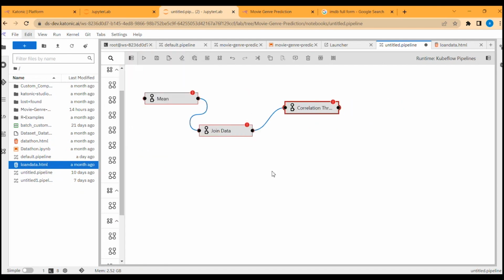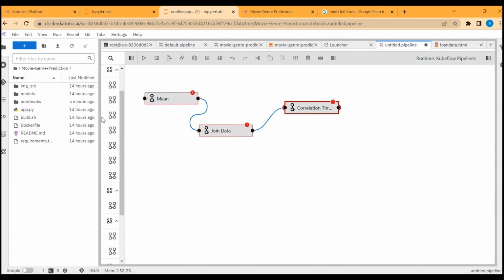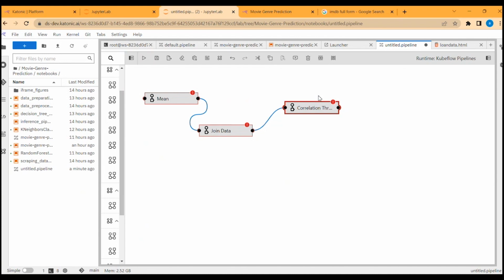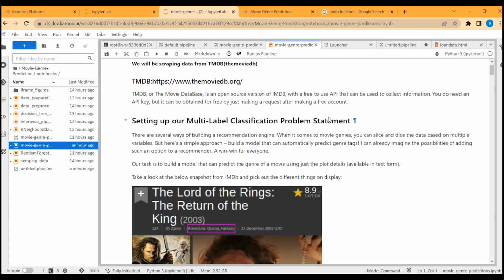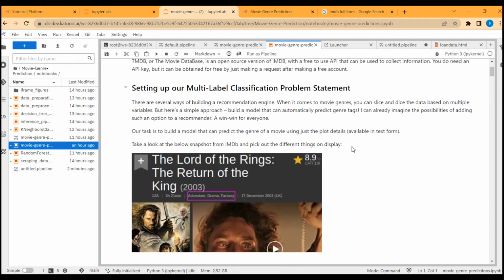Now, if you don't want to use it and want to actually code, again, we don't restrict anything. You can definitely go ahead and build your own pipeline. For that, I'll be showing you the examples. So let's go to the original notebook. I did a development, and under that development, the use case we are working on is movie recommendation. From TMDB is where I am getting the data, and then with the help of the overview of the movie, I am